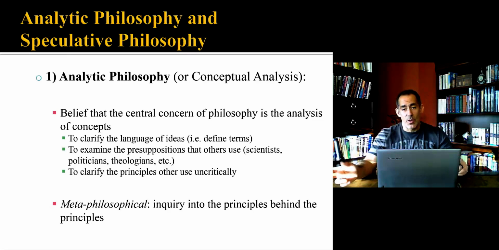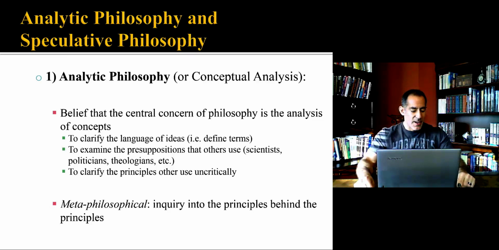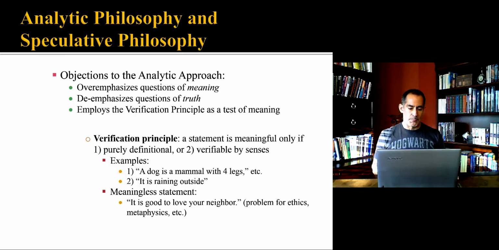But the philosopher will often come along and then ask questions about, are we justified in assuming there is such a thing as causality? Are we justified in assuming that we are able to identify causes in any particular situation? David Hume was a famous critic of how far we can go in talking about causes. But again, that's kind of beyond the talk that we're doing right now.